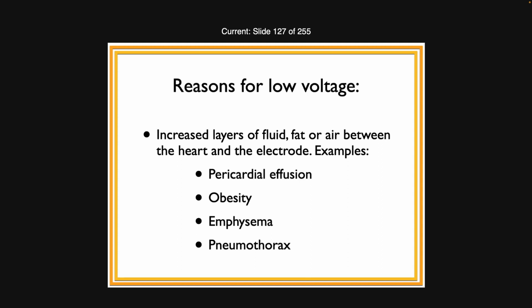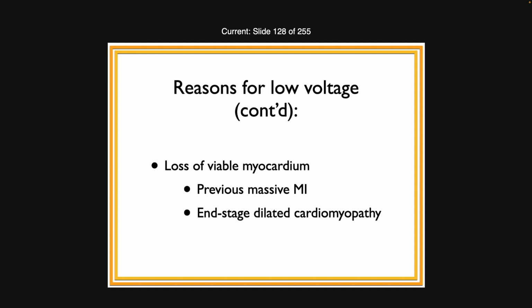What's the other type of reason for low voltage? In a way, that was an artifact of being able to see the signal. What's another reason that's not really an artifact? What might cause somebody's heart just to put out little bits of electricity? The SA node failing? Or everything's failing, yeah. We'll just call that. So if somebody has a previous massive MI, so there's a lot of dead cardiac tissue and not that much that's depolarizing, you're going to come up with less voltage. So if somebody is in serious heart failure,